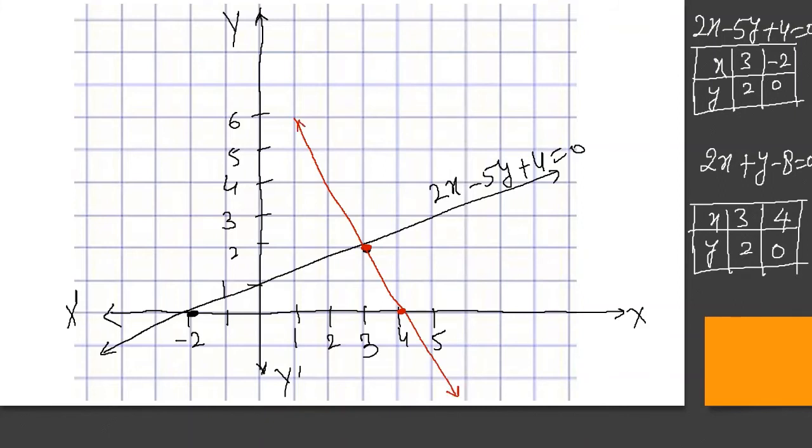What we are finding? We are finding the point of intersection. If we draw the graph with perpendiculars on the x-axis and y-axis, what will we find? On the x-axis it will meet at 3 and on the y-axis it will meet at 2. So the solution is x equal to 3 and y equal to 2. In this manner, you can find the solution of linear equations in two variables by graphical method.